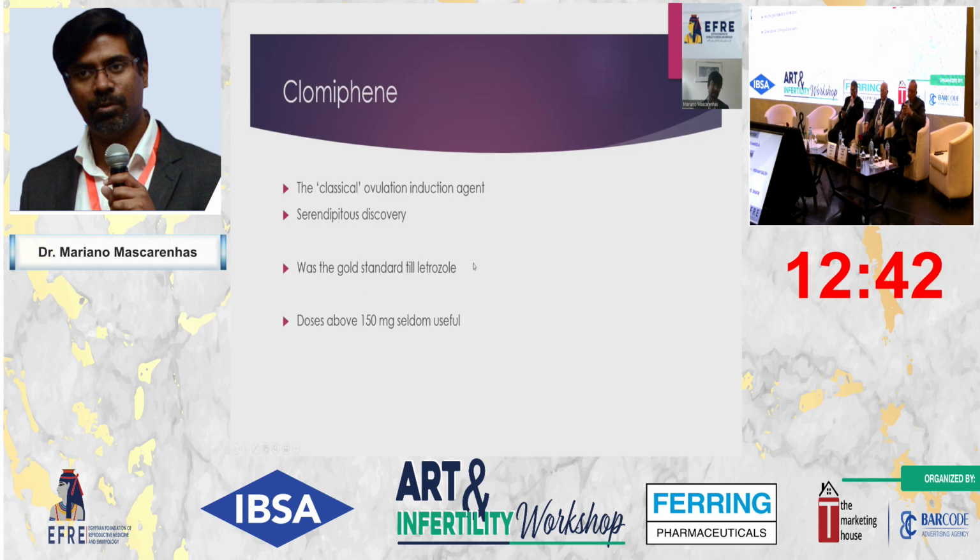Doses usually start from 50, although in some women, if they're very sensitive, 25 milligrams has been used. I've seen it being used. Theoretically it can go up to 200 milligrams, but doses above 150 seldom are useful. The general rule of thumb I was taught as a student was that 50% of women will ovulate with 50 milligrams, 75% with 100, 87.5% with 150, and above that, 93% with 200. It's a general rule of thumb, not an accurate statement, but it goes to show that the additional benefit of doses above 150 milligrams is not much.